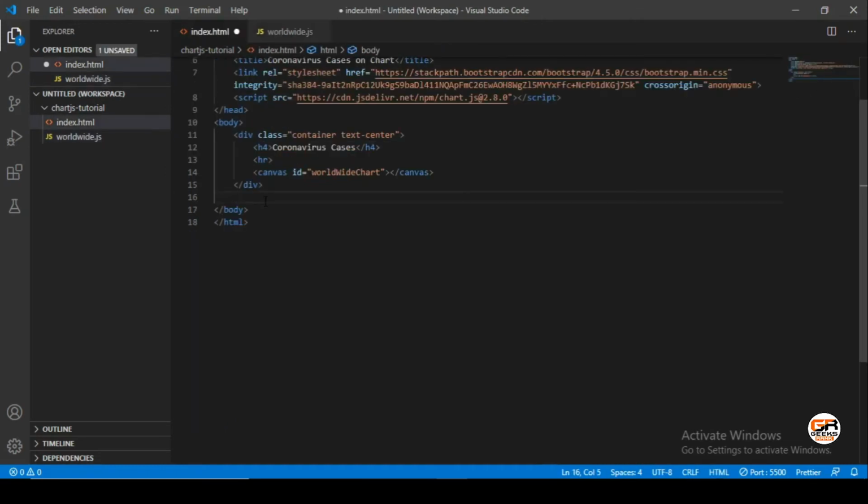For that we will use a script tag, and the src will be worldwide.js. Let's check it.